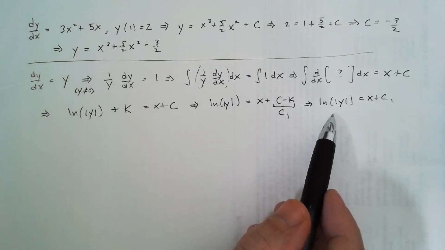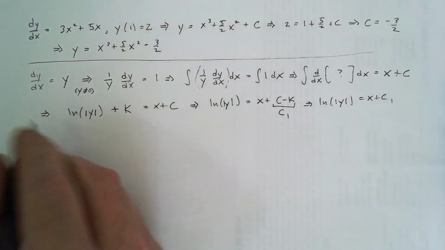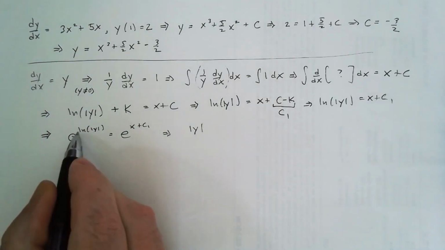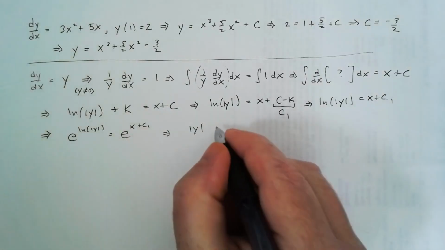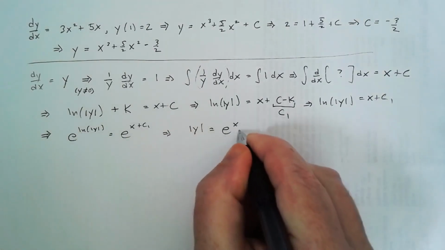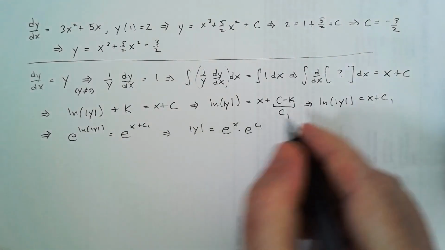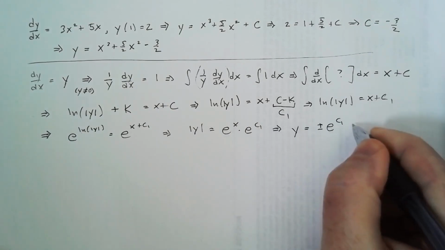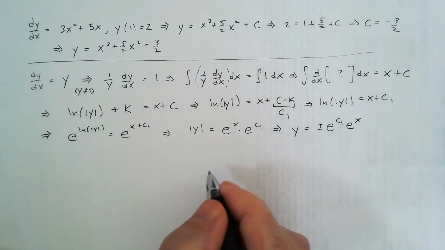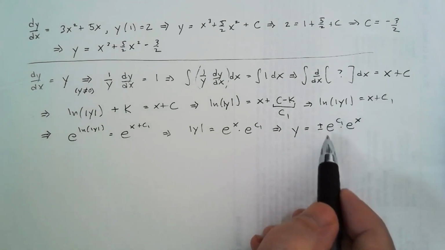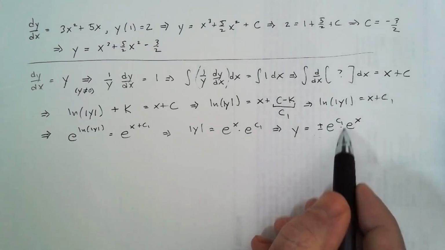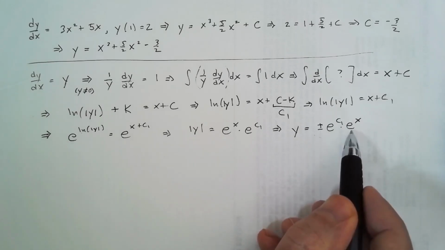Now, I'd probably like to solve this equation for y. So to do so, let's exponentiate both sides. So we get absolute value of y because the exponential function and the natural log function are inverses of each other. And on this side, I could write it as e to the x times e to the c1. To get rid of the absolute value signs, I could write y equals plus or minus e to the c1 and then times e to the x. Now, e to the c1 can be any positive number with the right choice of c1. Plus or minus e to the c1 could be any positive number or any negative number. The only number I can't get here as my constant in front of e to the x would be 0.